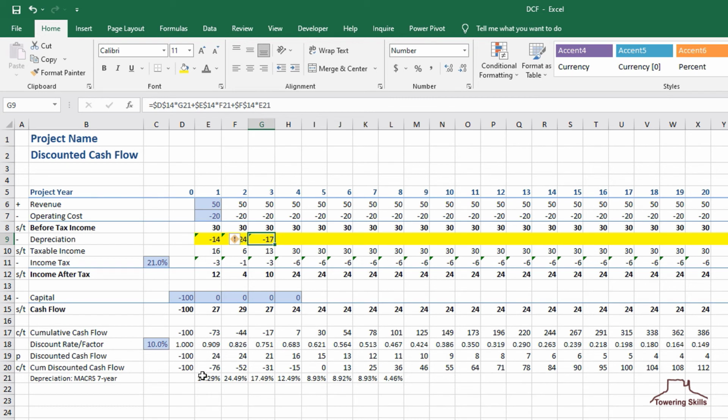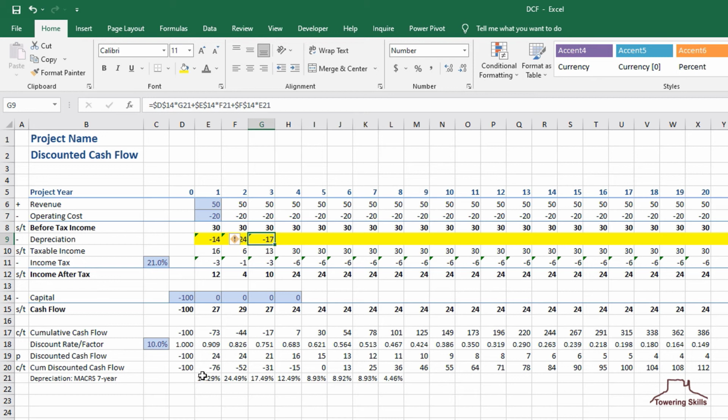This formula calculates the depreciation for the capital in time zero for the third year of operation plus the depreciation for capital in year one for its second year of operation plus the depreciation for capital in year two for its first year of operation.